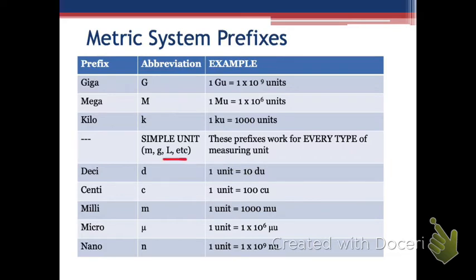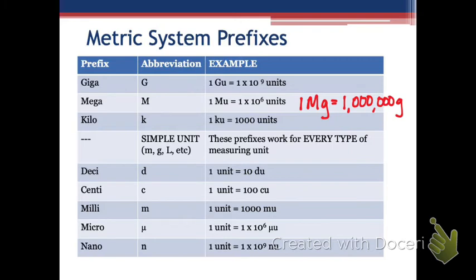I've got the simple units listed. It could be mass, could be grams, liters, could also be seconds, right? Could also be amperes or whatever simple unit you want to use, but it could be any unit that sits right there, okay? Then above that, we tell how many of those simple units are found in a kilo unit. How many of the simple units are found in a mega unit, okay? So let me give you an example. If I had 1 megagram, that would be equal to 1 million